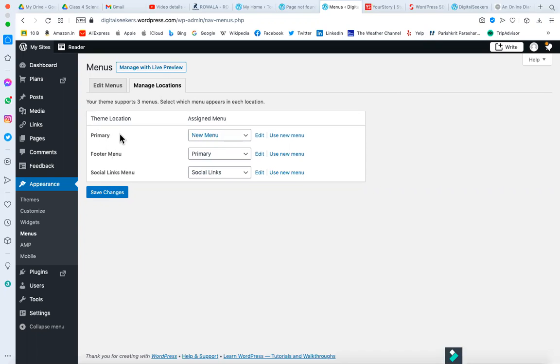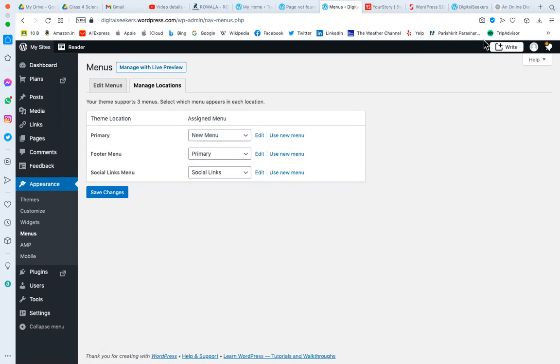And then for every location you will decide which menu you want to show there. Do you want to show the primary menu in the primary, or the new menu in the primary, or the social link in the primary? So you can decide the location, and which menu to show in that location. Right now we have created a new menu, and we are showing the new menu in the primary section.